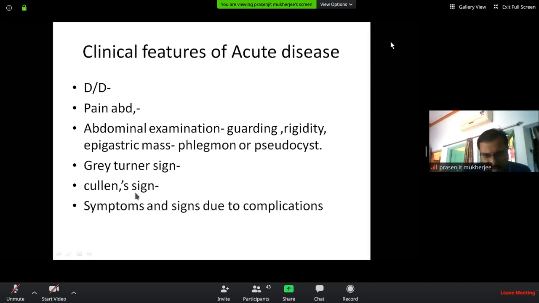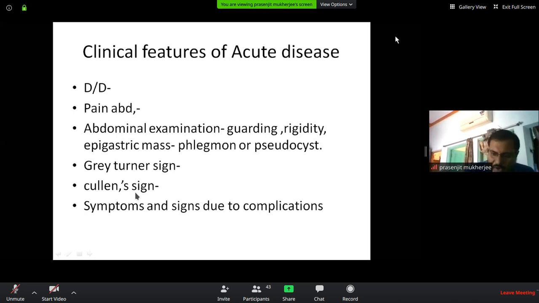Next, everything else. Now come to acute cholecystitis. Again, it can be confusing. Acute cholecystitis, acute gastritis, acute hepatitis, diverticulitis of the transverse colon. These are confusing, but the most important differential diagnosis which you must rule out is perforated peptic ulcer. Okay.